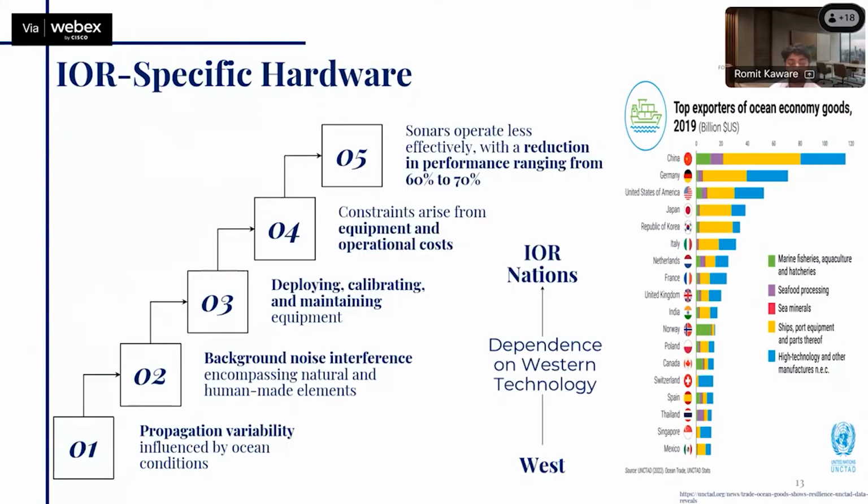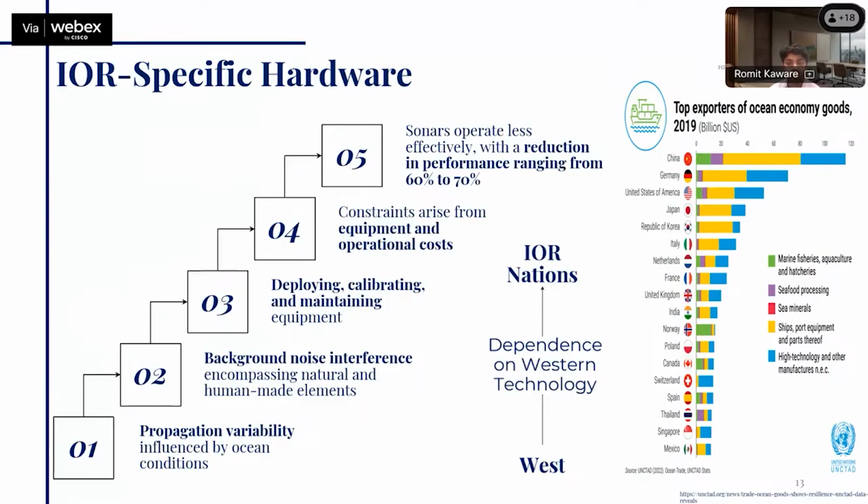So what happens when we have some of the sonars which are mostly being imported from the more advanced economies? Now, they are calibrated within their own conditions. When such equipment is brought and deployed in the Indian tropical conditions, there might be added propagational variability of the sound signal due to the anthropogenic noise, due to the biological noise itself. So that noise interference affects